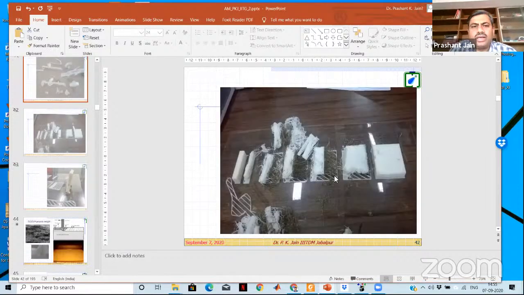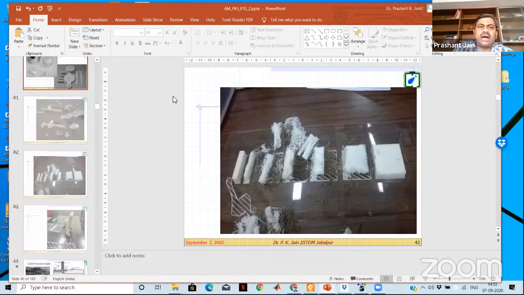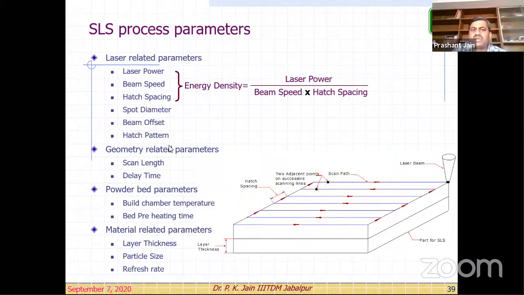Right over here, the laser power, beam speed, hatch spacing, many things, spot diameter, just like our CNC machining, beam offset, hatch spacing have to be controlled properly, then build temperature, preheating time as well, right? Once we are able to control all these process parameters, we can have a successful part print.